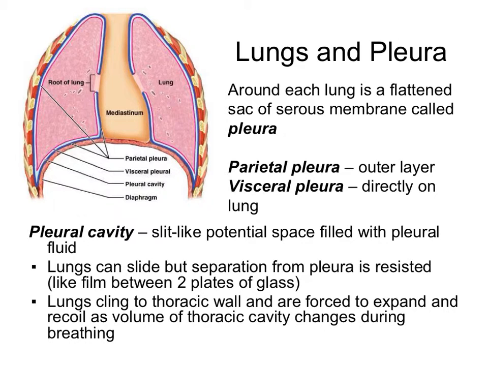I don't know if you've ever been washing the dishes and you have two wet plates, or glasses, that are very close to each other, and it's really, really hard to pull them apart. Has that ever happened to you? It's interesting because the lungs have a membrane around them called the pleura. The pleura has an outer layer and another layer that is directly on the lungs, and these two layers have a fluid in between them,